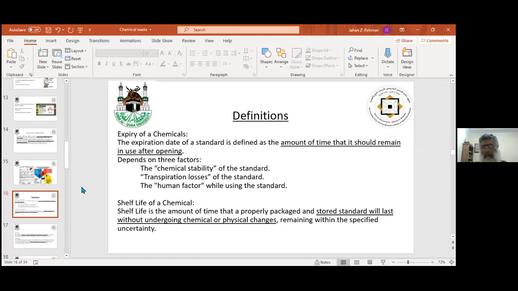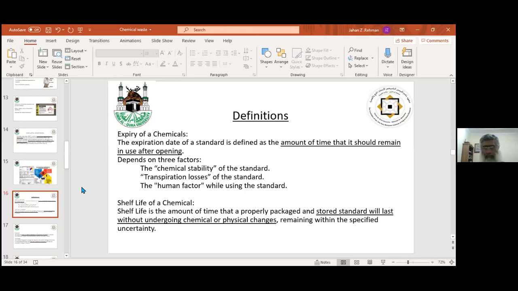Humans do not have an expiry date, but they are supposed to expire after a certain time. So chemicals also have expiry dates. What does expiry of chemical mean? Will they become something else? Yes, it is possible, but